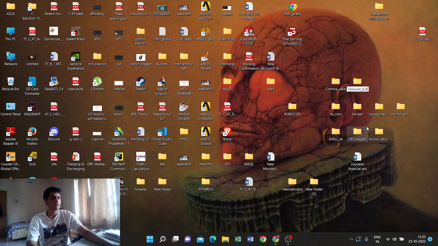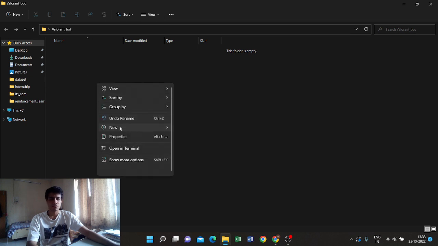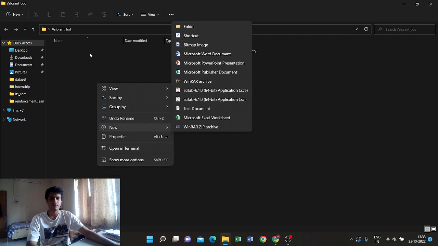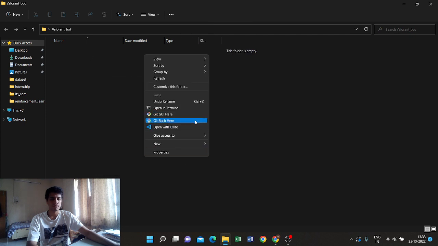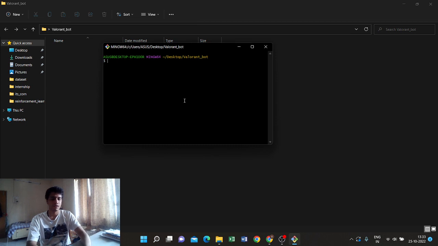Yeah, let's get into this folder. Okay, let's first start a git bash. So make directory scripts, maybe an images folder, scripts, and so let's make a